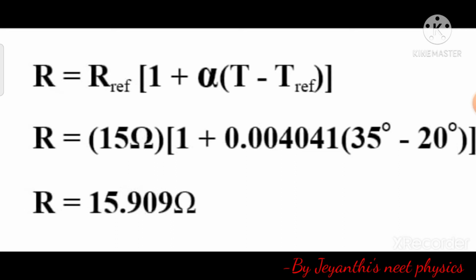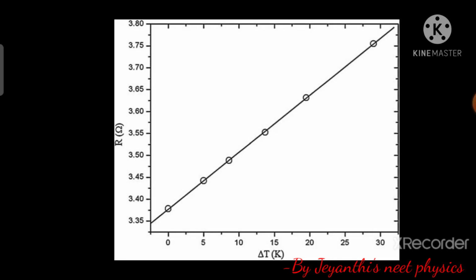Then next we are going to discuss the graph between resistance and temperature. For normally conductors, alpha is positive. That means when temperature of the conductor increases, the average kinetic energy of electrons in the conductor also increases. This results in more frequent collisions, and hence the resistance also increases. So the graph is a linear one. When temperature increases, resistance also increases. So we will get a graph.